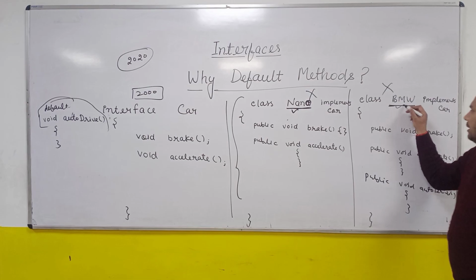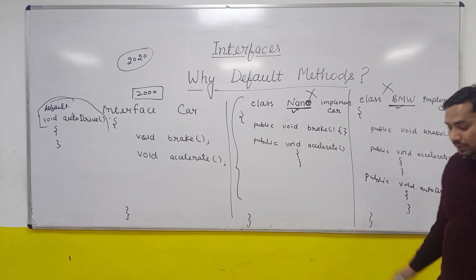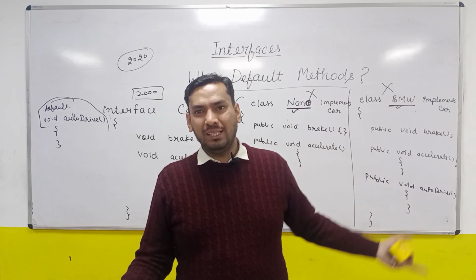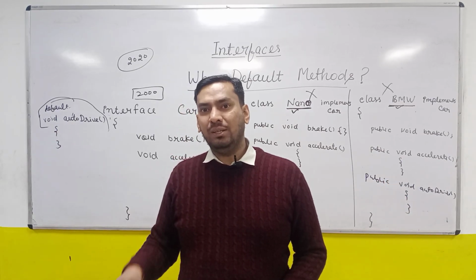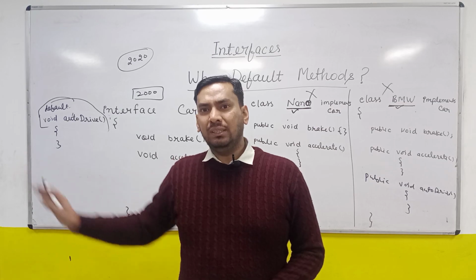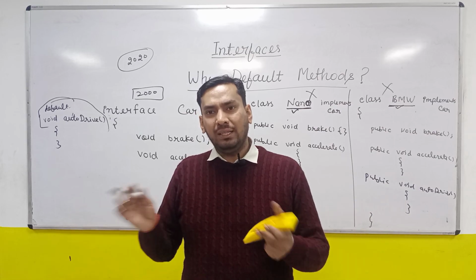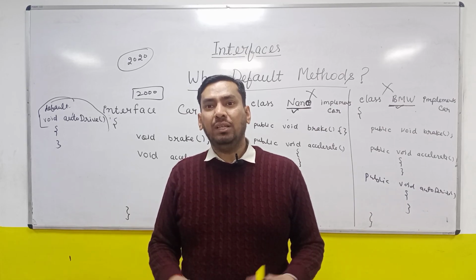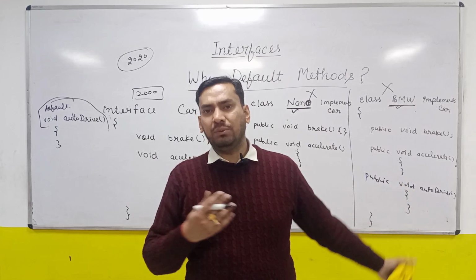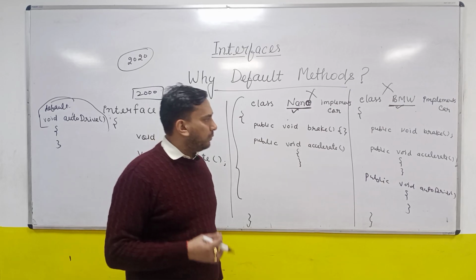Similarly, you talk to BMW, I am going to add a new default method over there, do you have any problem? BMW will say, okay, new feature, I am interested in that. So, okay, I am overriding it. So with the help of the default method, Oracle ensured that if you are not willing to use it, ignore it. No need to change anything else. And if you are interested in that default method, simply override it and get the features available in your classes. So this is the actual reason for providing default methods, right? I hope you understood this.